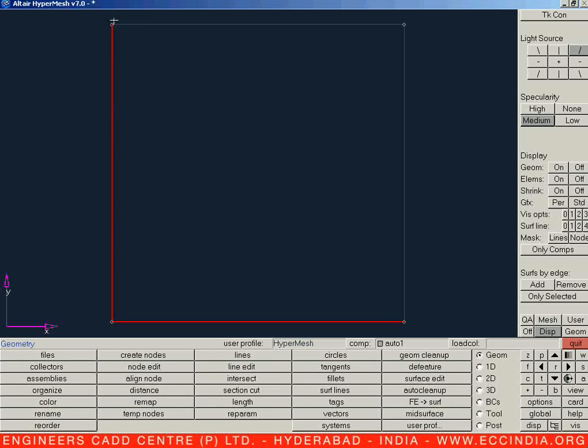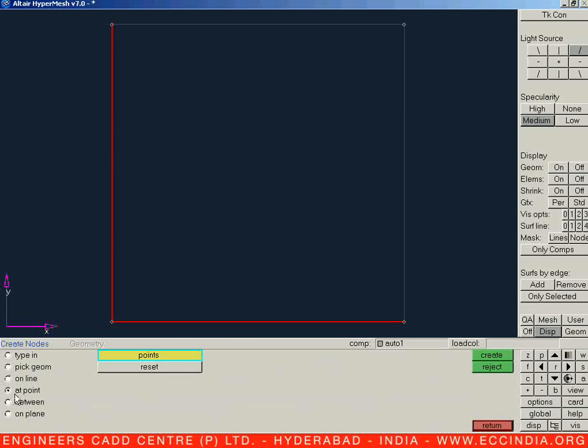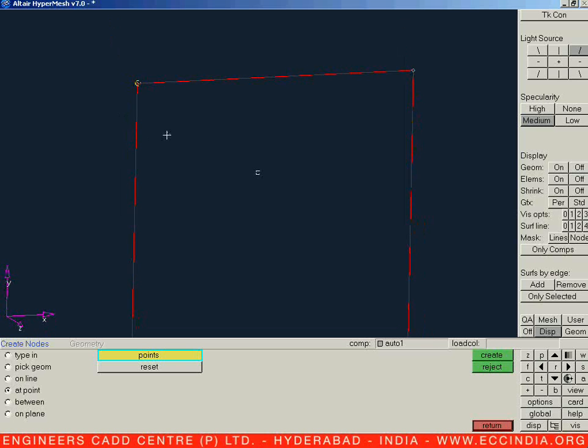So I will go and say create a node exactly coincident to this particular point, and this particular point. So let us say F8. Let us say at a point, create your node at point. Let us select that particular point first. I am selecting top, particularly this one, and let us say create. Once we say create, we can get a node plotted with respect to your geometrical entity. So in this way we are going to create our nodes.